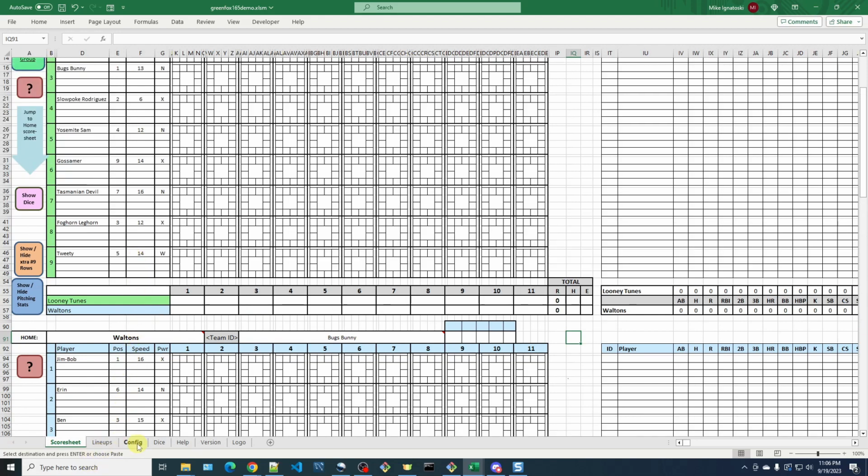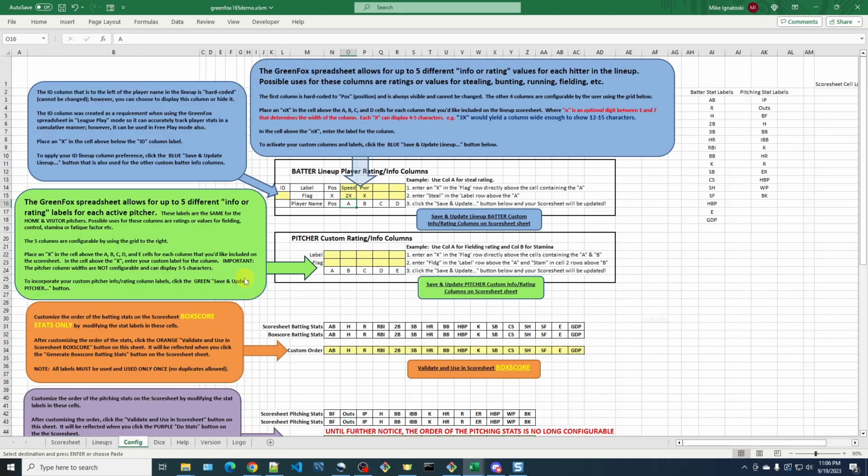So let's go back to the config worksheet and focus on this second area here and this green info blurb where it talks about pitcher stuff. So here it says you can have up to 5 different info or rating labels for each active pitcher. So these labels are the same for home and visitors, and you could use these for whatever you want to, but possible ideas are for fielding or control or stamina or different things that may change in the course of a game, or